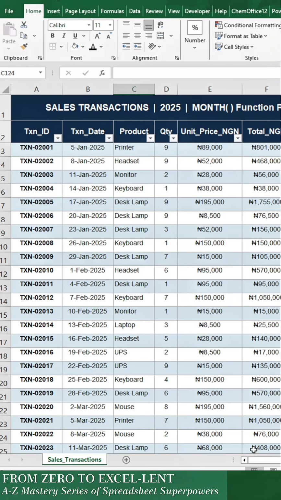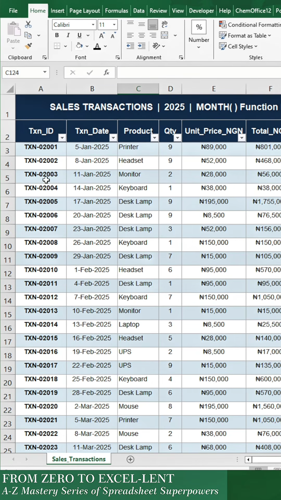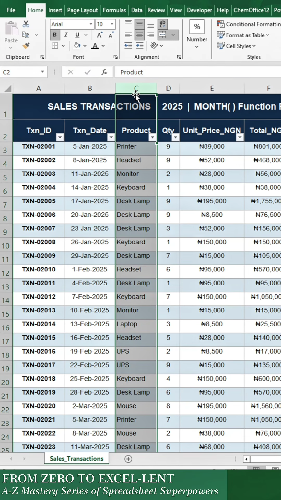Here's the business scenario we're working with today. A sales transaction dataset of 120 records across the full year 2025. Each transaction has product, transaction ID, transaction date, quantity, unit price, total revenue, and region. The sales analyst needs to group these transactions by month to build a monthly revenue trend report for the leadership team. So to extract the month number from the transaction date, you have to create a new column